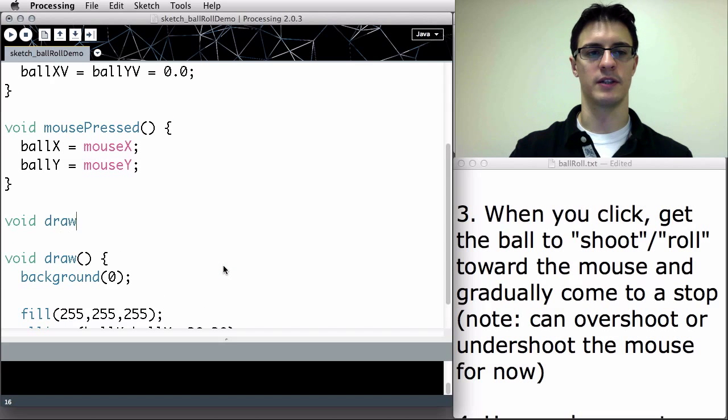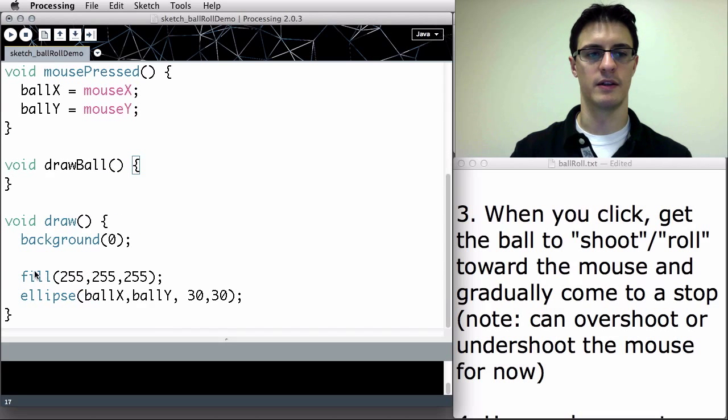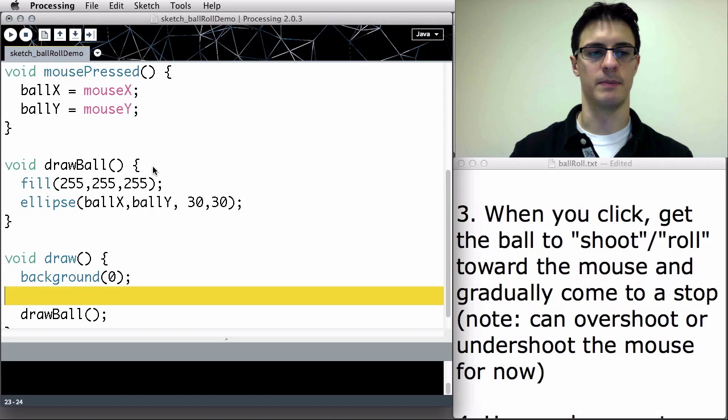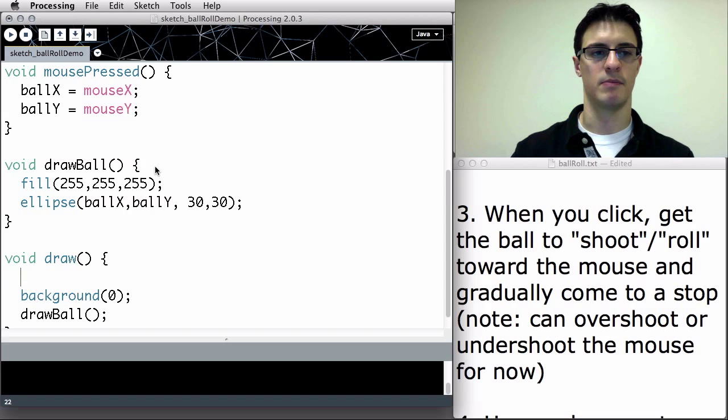Let's make some functions already. Let's make a function called draw ball real quick, where I'm going to put the white in the ellipse. It's going to help me separate out my draw code. I'm going to make one called move ball,